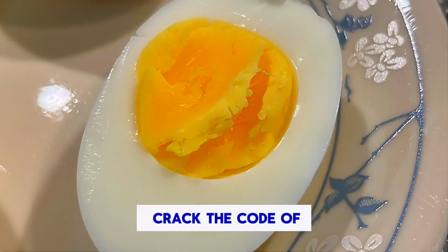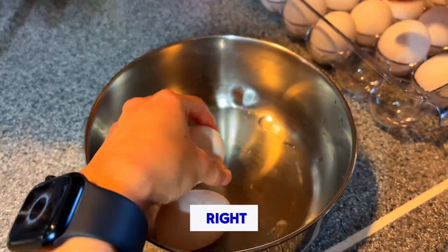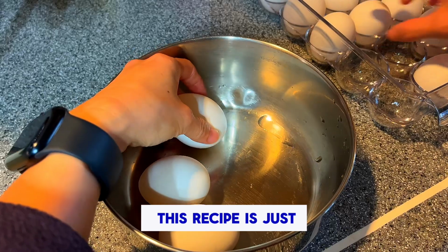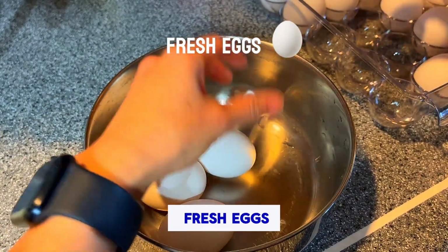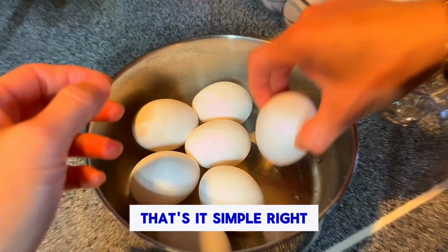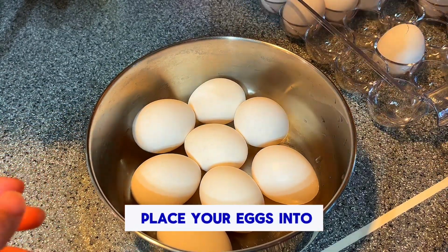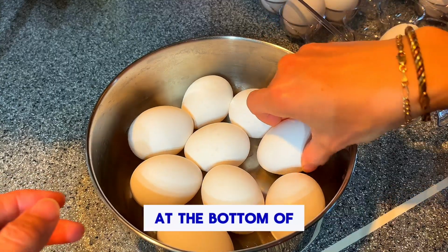Today we're going to crack the code of boiling the perfect eggs, alright? All you need for this recipe is just fresh eggs, water, and ice cubes. That's it. Simple, right? So first step is place your eggs in a single layer at the bottom of the